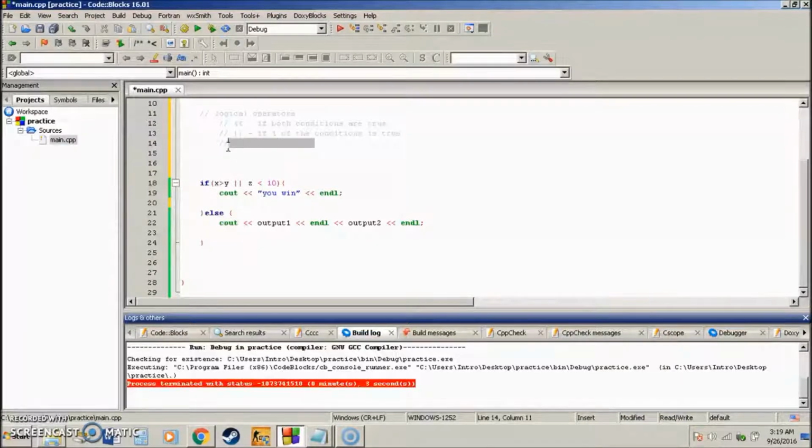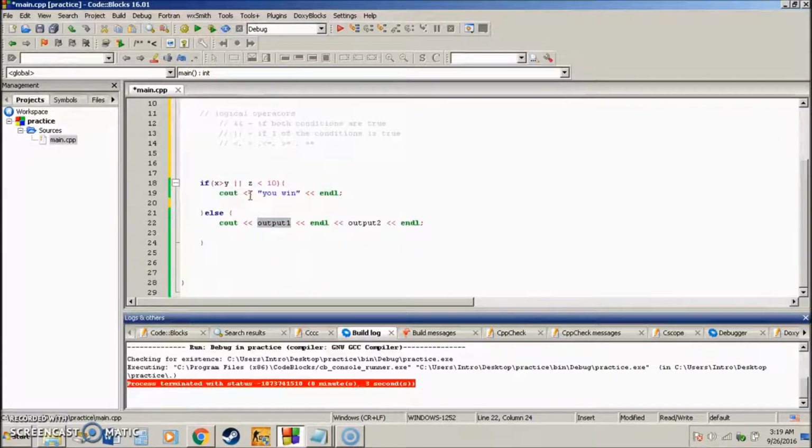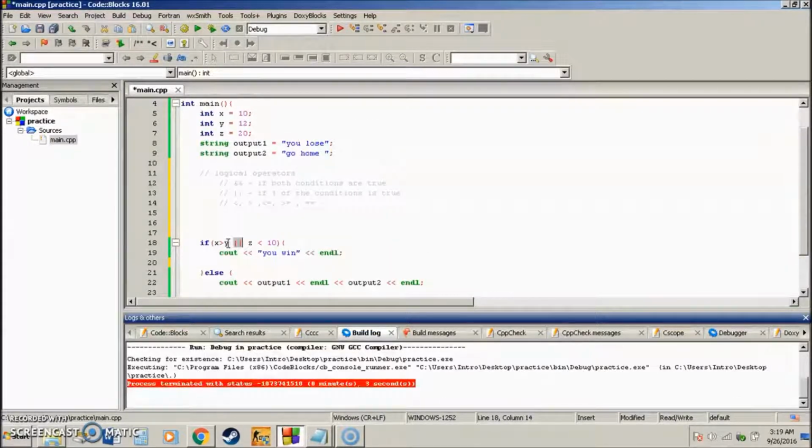You'll need these logical operators as reference, and you'll need to know what they do, because in each programming language they're going to be virtually the same. But basically, that's all I need to show you guys in this video. Make sure you understand how logical operators work. Make sure you understand how to use them in if statements, and make sure you understand the variables,